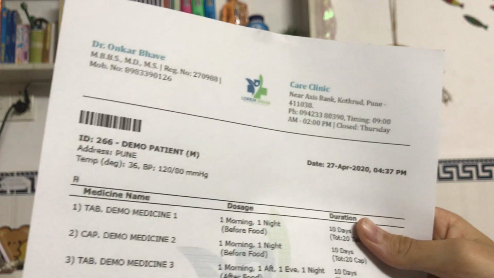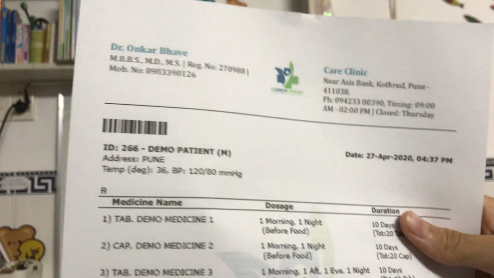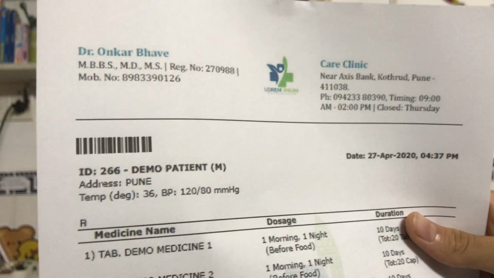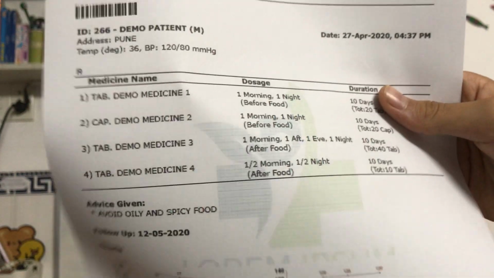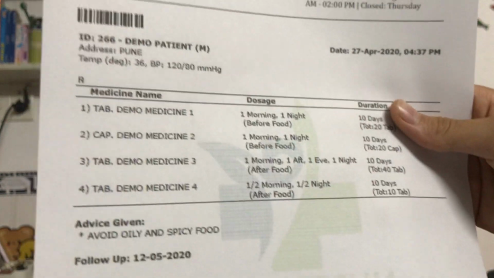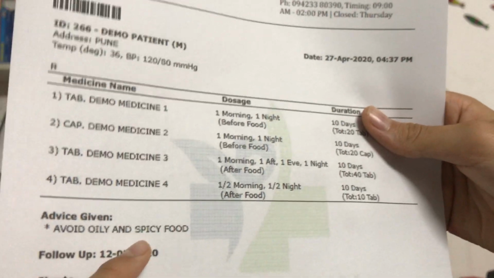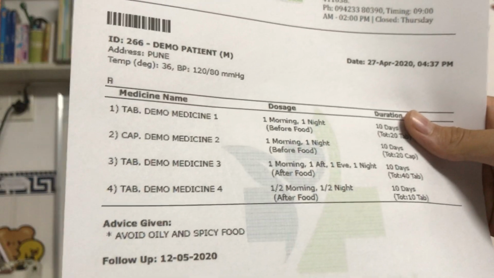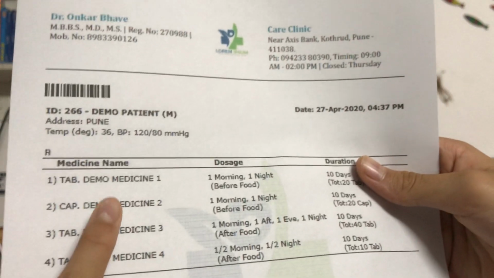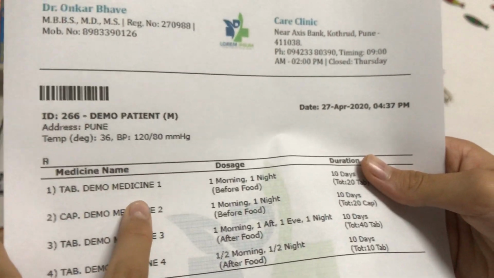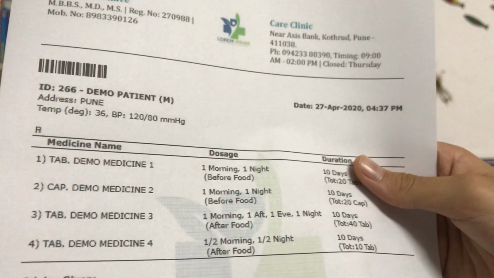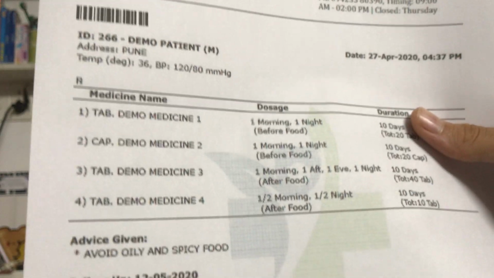This is just a sample. This is the name of the clinic. We have the patient's name and milligrams that they have. Advice given: avoid oily and spicy food. For example, for the medicine name, the tab demo medicine 1, we can put it in like some kind of